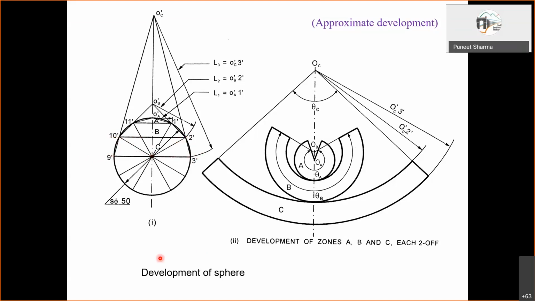Say some circular paperweight you have seen, right? Paperweight which has got half, which is like a half sphere. That kind of paperweight sometimes you would have seen, right? So if I cut it from here, it is simply a hemisphere. So it will look like that part only, right?